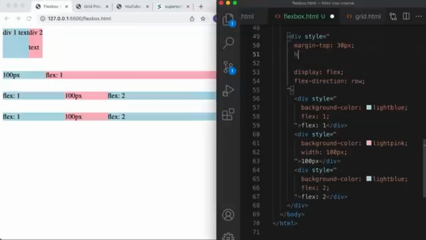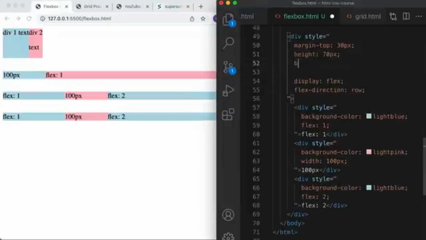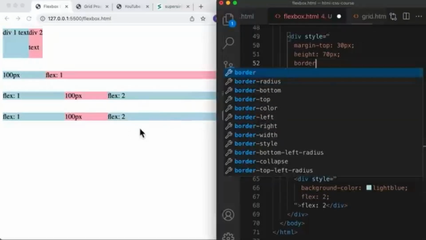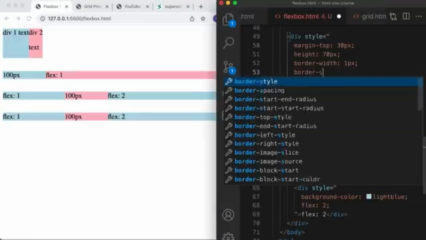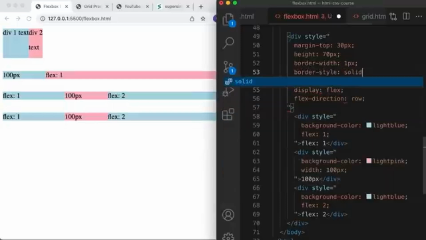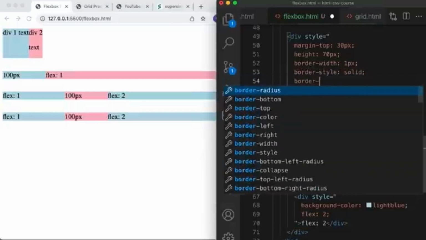So let's set the height to 70 pixels. And let's set a border so that we can see the actual box. So we're going to set a border width of 1 pixel, a border style of a solid color, and we'll set the border color